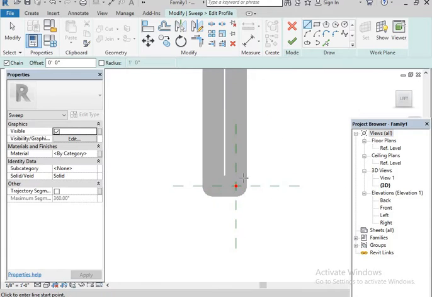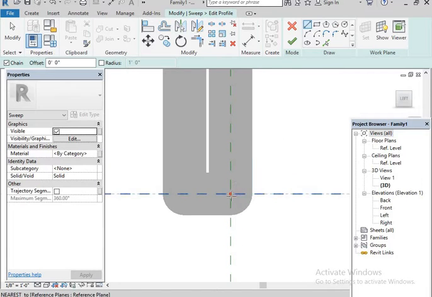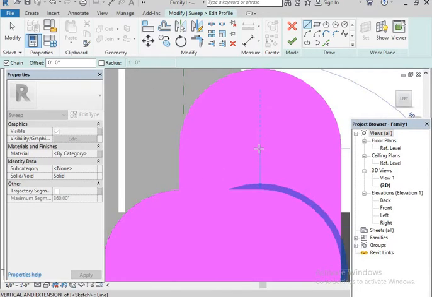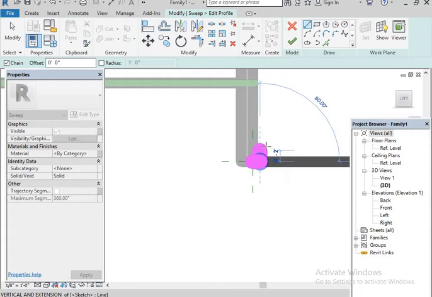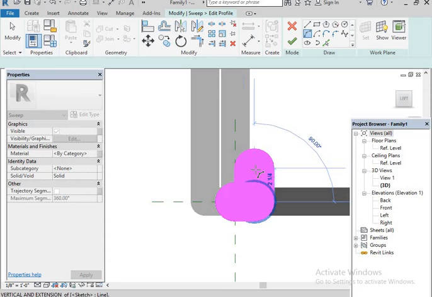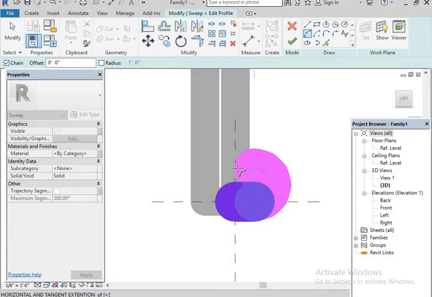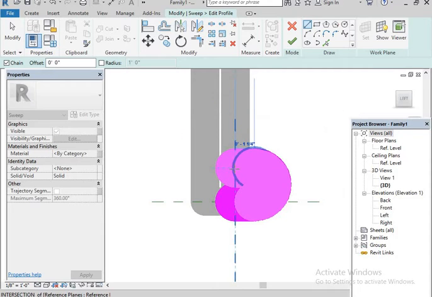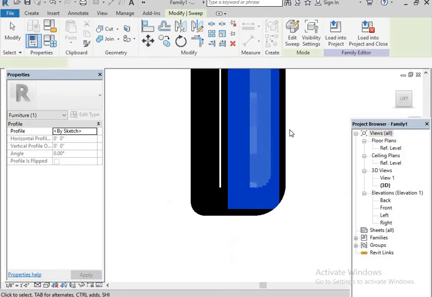Here I'm going to make some simple designs. Then give Finish once again.